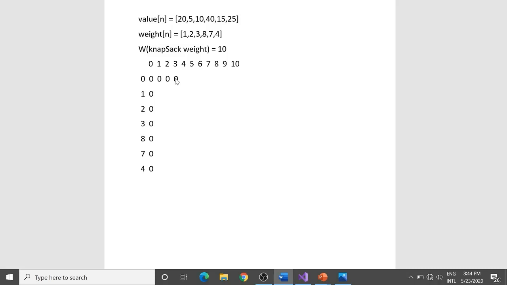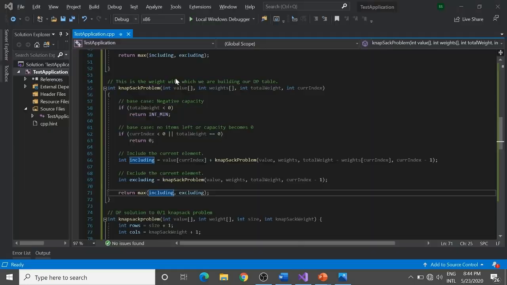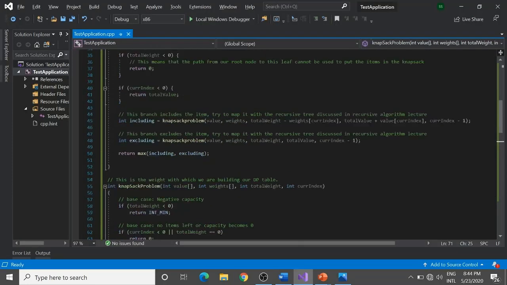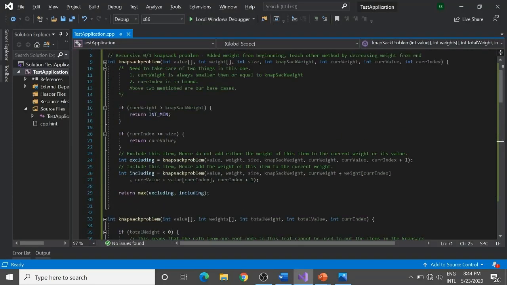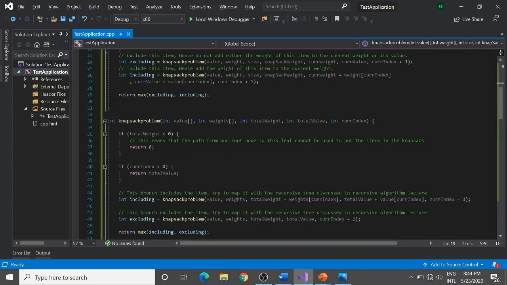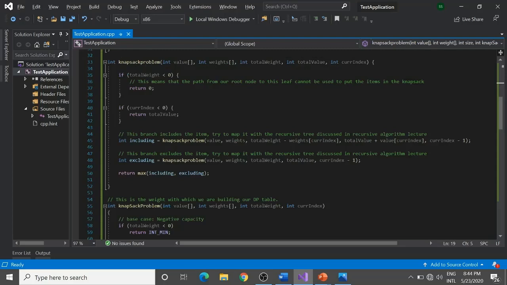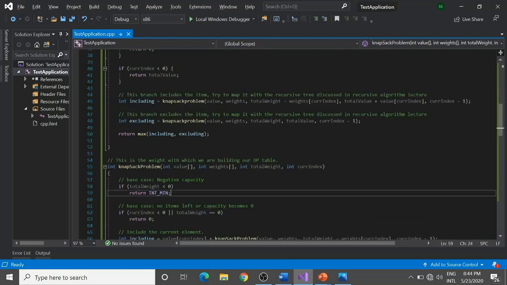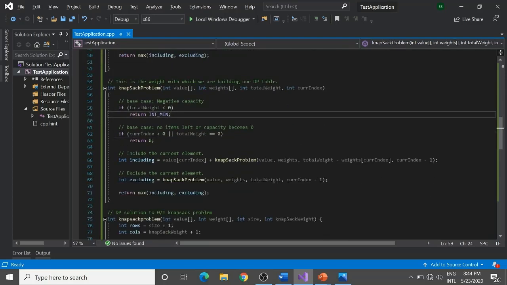We have multiple ways of doing it. In the code which I have shared, you do have 3 recursive algorithms. I have shared these 3 algorithms, for 2 of which I have shown you the recursive trees, and for the third one I would be making use of it while building my tabulation table. So I recommend you go and see all these 3 recursive algorithms, such that you make the distinction of how we are simulating the same recursive tree.